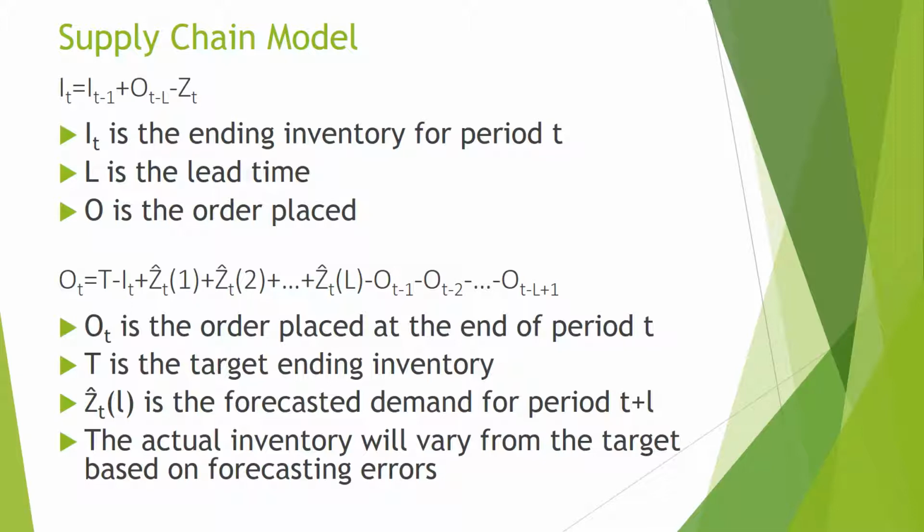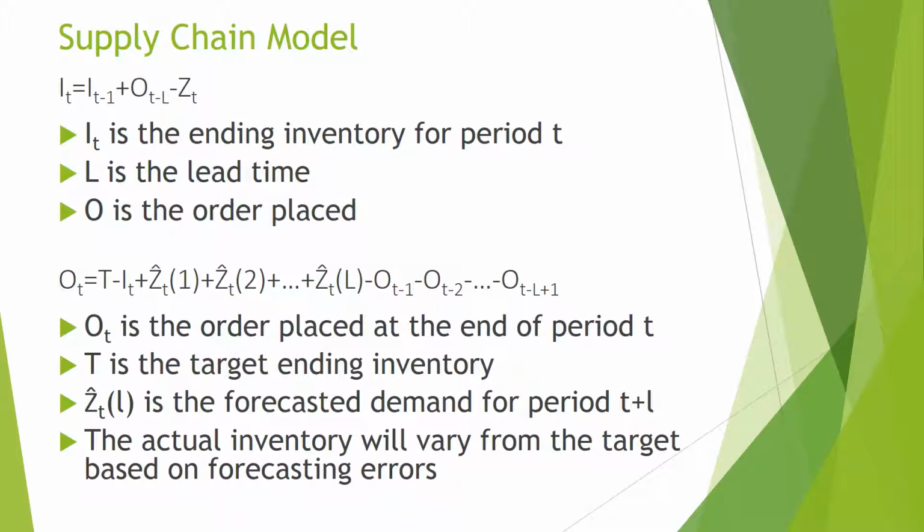OT is the order placed at the end of period T, whereas big T is the target ending inventory. You want to have a little bit of cushion there. It's considered a safety stock. The main difference here is Z hat T instead of regular ZT. The hat signifies that it's a forecast, that it's an approximation. The other important thing about this formula is you can see that the actual inventory is going to vary from the target based on forecasting errors. So the more errors that you make in your forecasts and your predictions, the more your inventory will deviate from